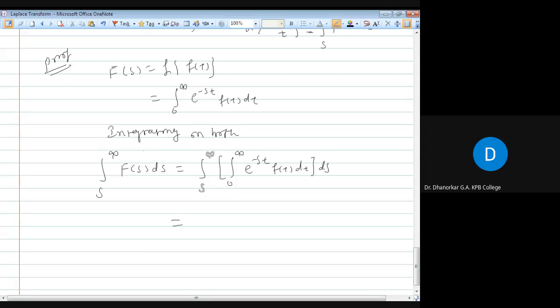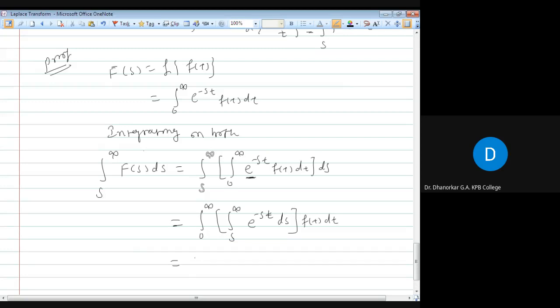We write this as integration from 0 to infinity, integration from s to infinity of e raised to power minus st. Here only this function contains s, therefore I will integrate it with respect to s. We know that when there is a double integration and both limits are constant, we can interchange the order of integration. Here, this is with respect to ds, f of t dt,